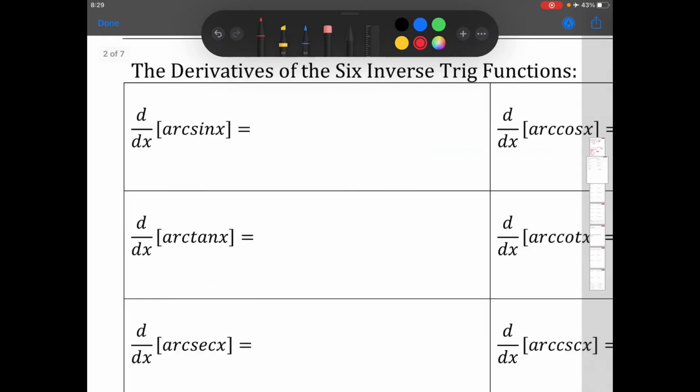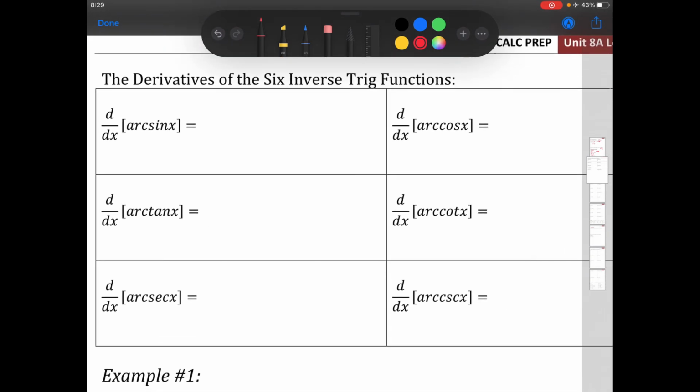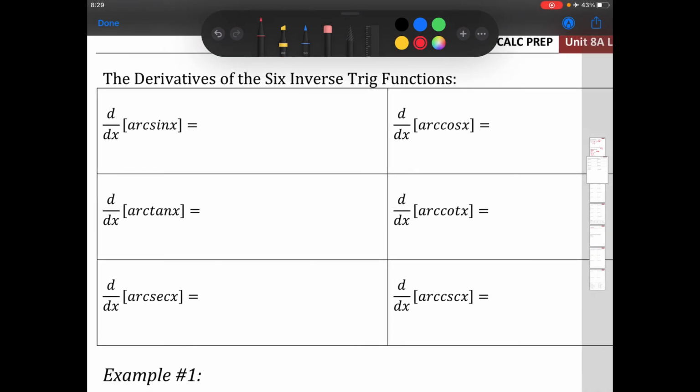You would end up using Pythagorean identities. I'm just going to give you the rules here. So arcsine is, we just did that, 1 over the square root of 1 minus x squared times the derivative of whatever the inside is, right? So here it's x, which would be just 1. So I just want to write that down so that sometimes we forget, again, your chain rule, right? So the derivative of arctan of x is 1 over 1 plus x squared, and times the